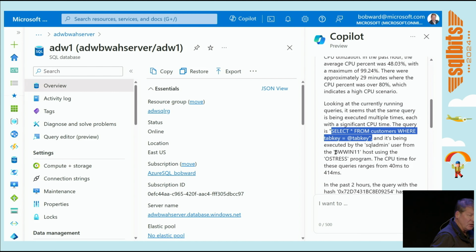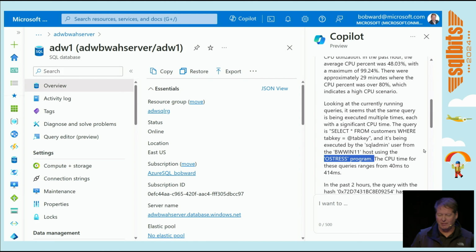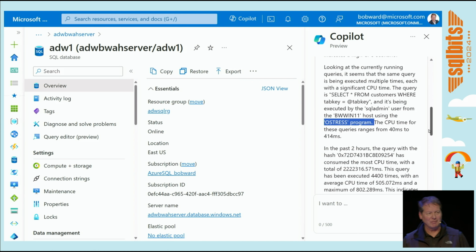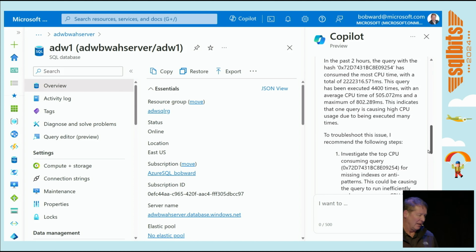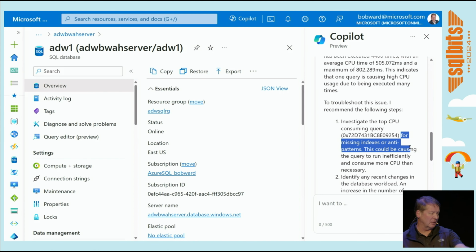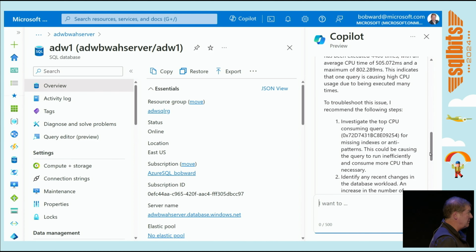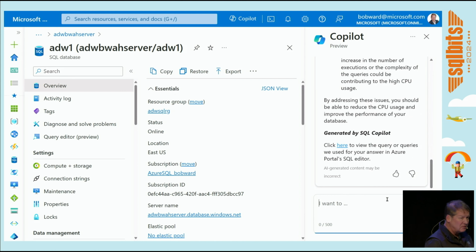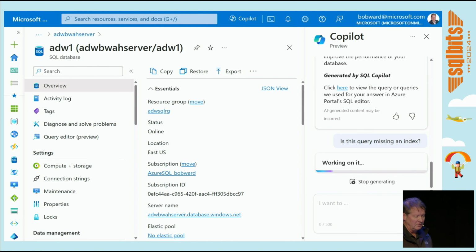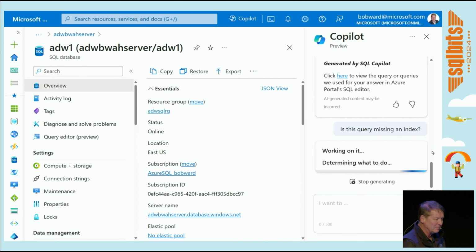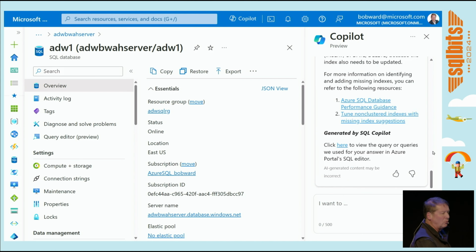Now, that's interesting to me, but what I want to do, and this is really kind of scary to say, is I want to have a conversation with this thing. I'm like, hey, that's interesting that you think that query has a problem and you think it might be maybe a missing index. Well, is it missing an index? And so like, hey, is this query missing an index without me doing any other research? And it's like, yeah, it is actually. And by the way, here's the index statement we think you might can go run on your own to go